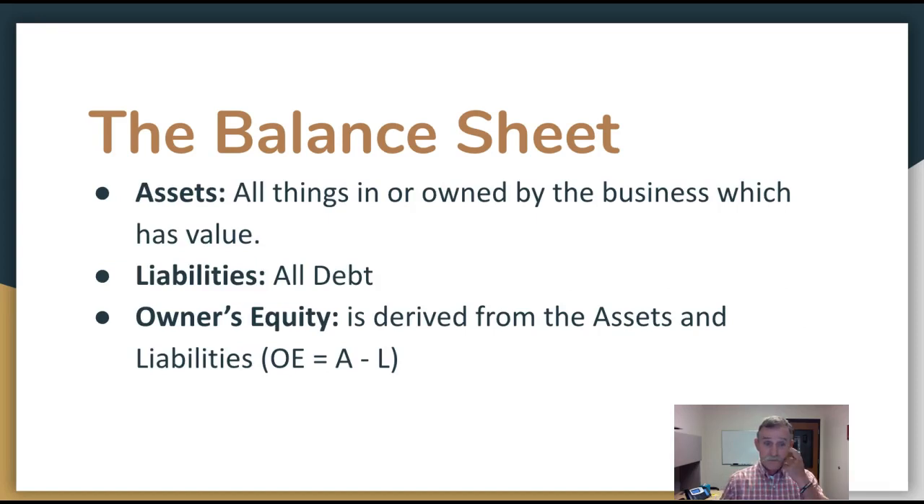So the balance sheet has all the assets on the left side, all things in or owned by the business which have value and generate income. The liabilities are on the right side, and that's all the obligations of the business, all the debt, for instance. That would be anything from an account we have down at the feed store to